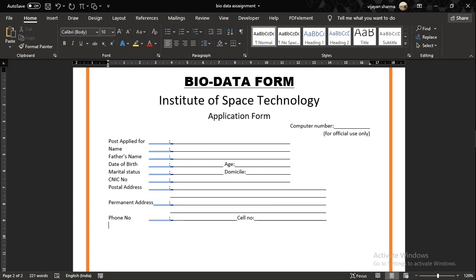After that it is email address. Email address, tab, tab, colon, underline. Again there is postal order or bank draft number, like this it is written. So postal order or bank draft number, dot, underline.